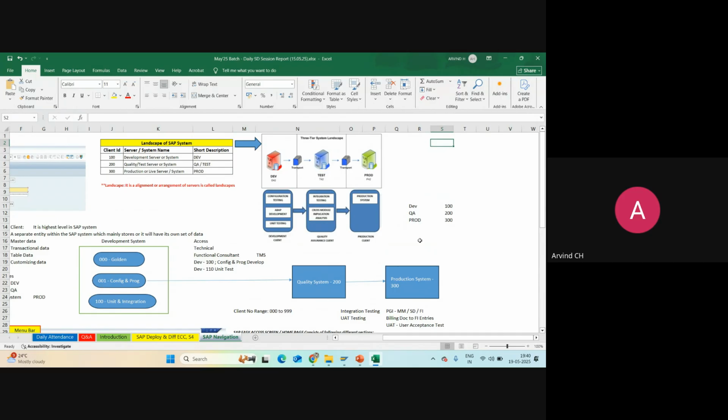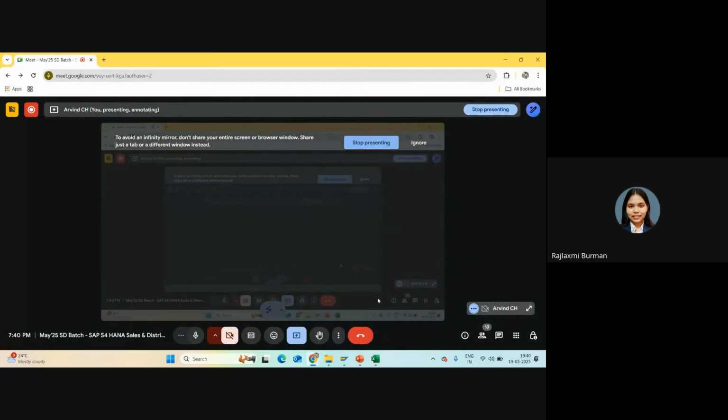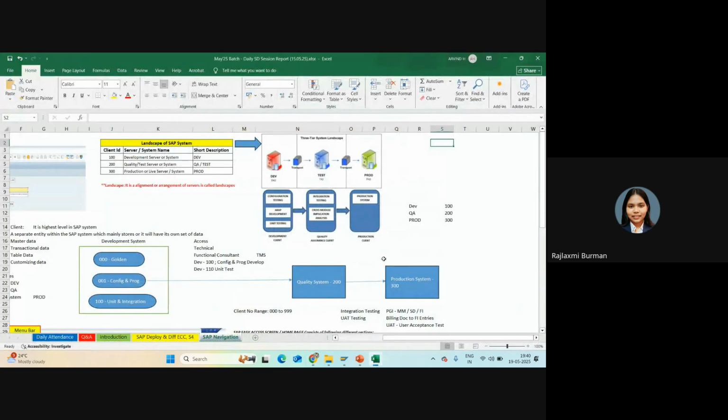Yeah. So this is all about the work of a functional consultant. If the project is big, the testing team is separated. But even though the functional consultant also develops in configuration or customization, he also does initial testing, but not directly. He configures everything and then gives it to you for the